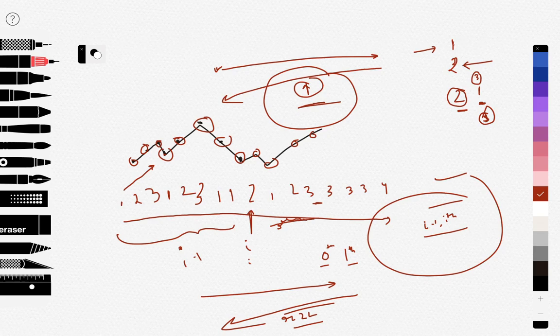If it was greater than the previous one, and the previous one was 1, then this must have been 2, and if it is 3, then we don't know what the next one is, whether it's smaller or greater, but we know that this 3 is actually greater than this 2. And suppose this was 1 instead of 3, then also the maximum would be 2.